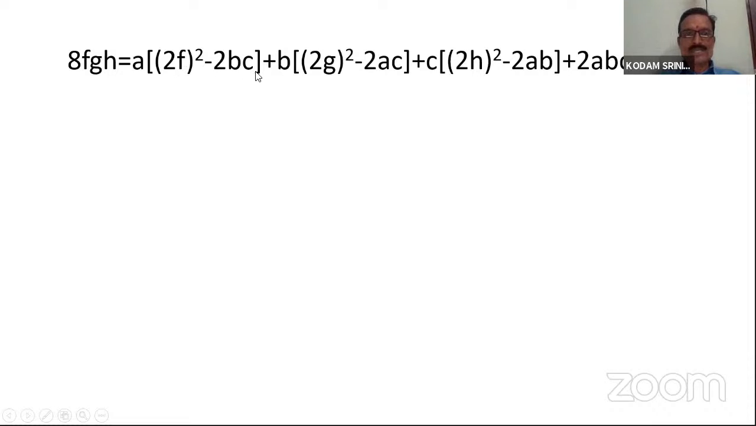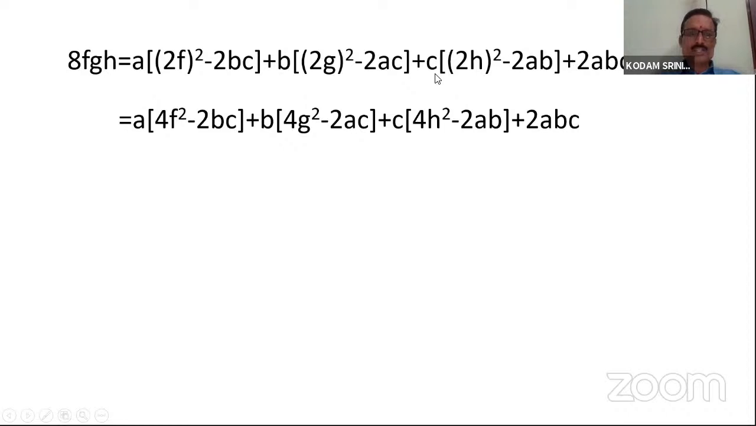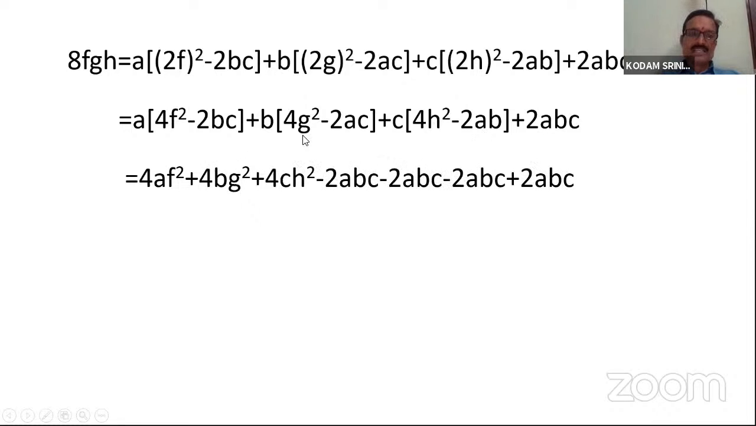(2F) whole square minus 2BC, plus B into (2G) whole square minus 2AC, plus C into (2H) whole square minus 2AB, plus 2ABC. Next, after simplification, we will have A into 4F square minus 2BC plus B into 4G square minus 2AC plus C into 4H square minus 2AB plus 2ABC. Now just simplifying that, writing the positive terms and removing the brackets in the